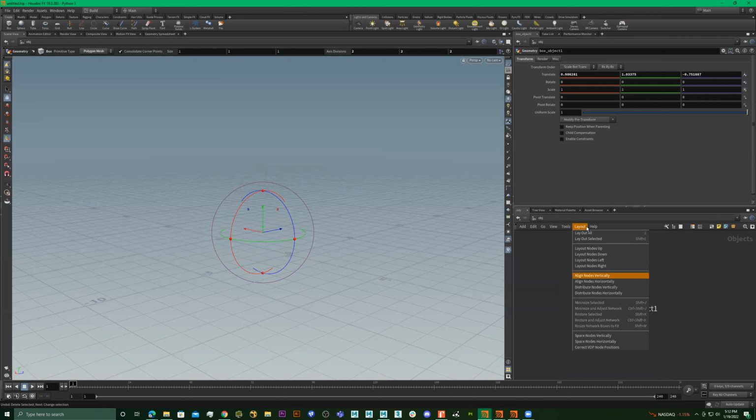Layouts. I have to look up how to do that. There's a way to get these little grid lines that I completely forgot how to do. But anyway,